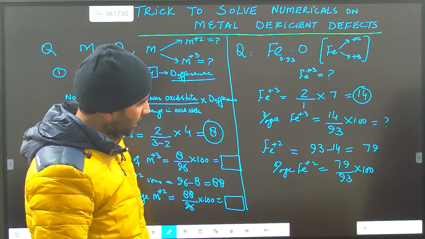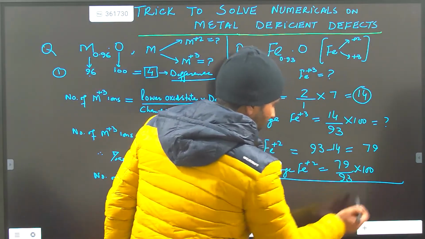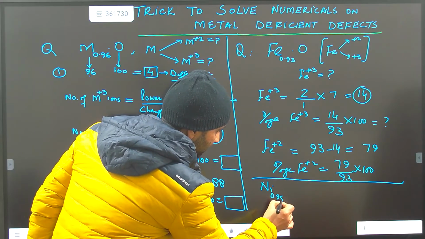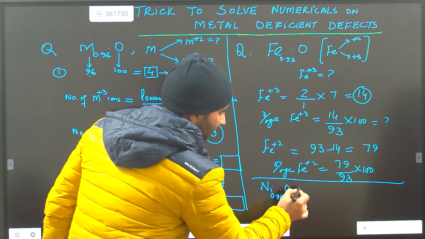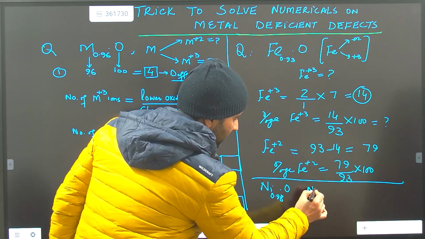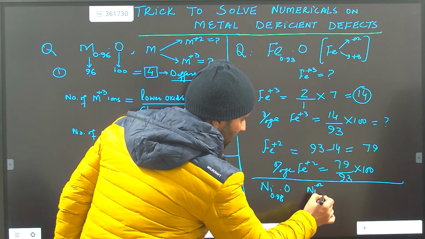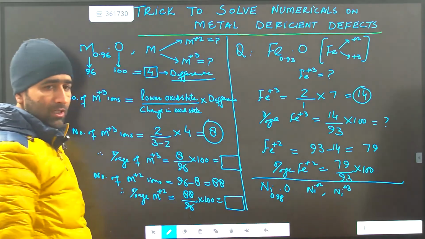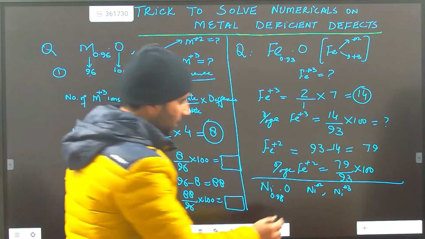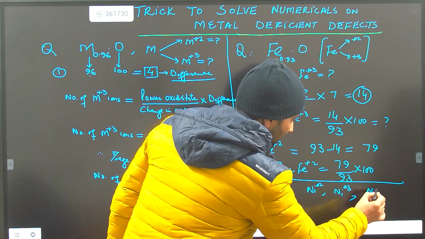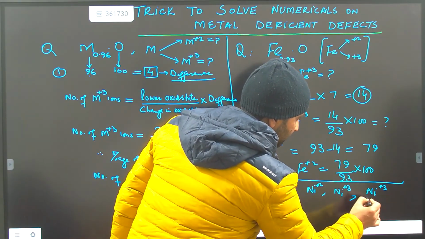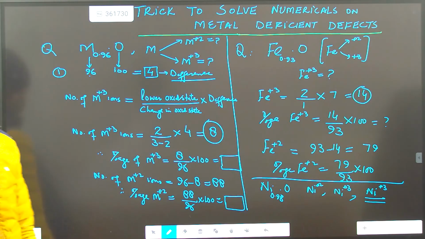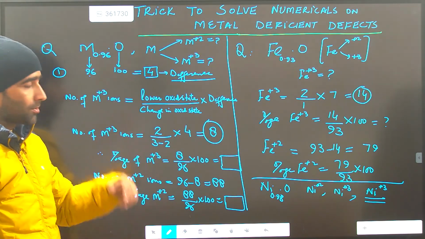अब आपके लिए क्वेश्चन है, आप इसको निकाल सकते हैं, Ni0.98O, while the nickel exists in 2 oxidation states, nickel plus 2 and nickel plus 3. वहाँ पे दिया गया होगा ये किस किस ऑक्सीडेशन स्टेट में एग्जिस्ट होता है. Calculate the percentage of Ni plus 3. So I hope this method will be very helpful for you to solve these type of questions. Thank you.